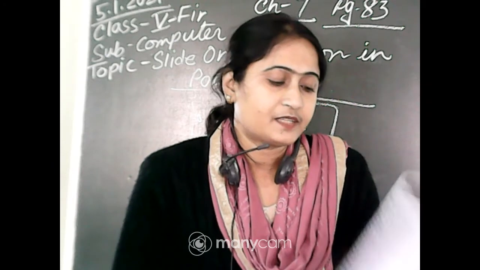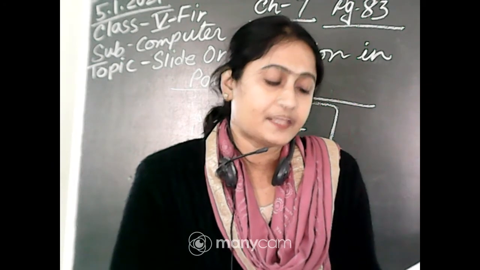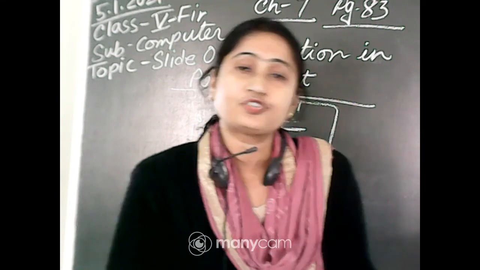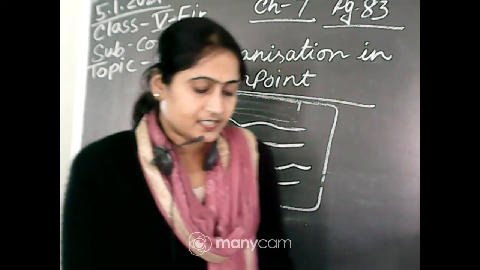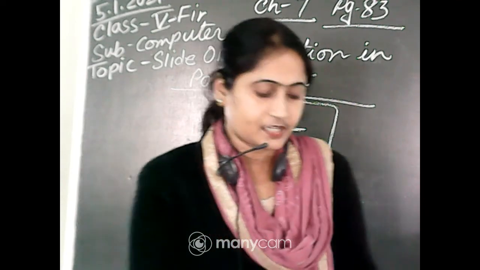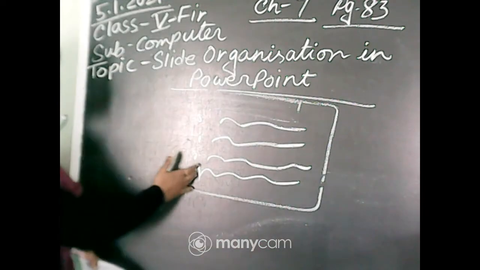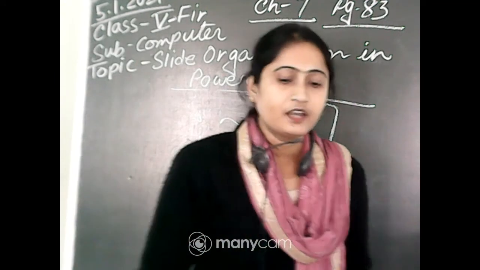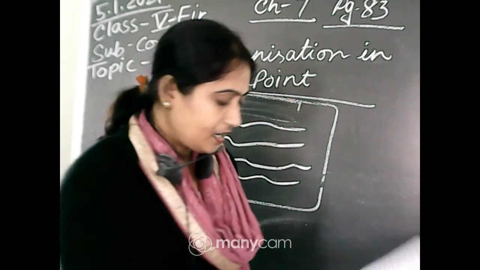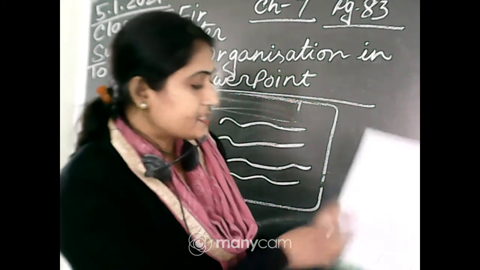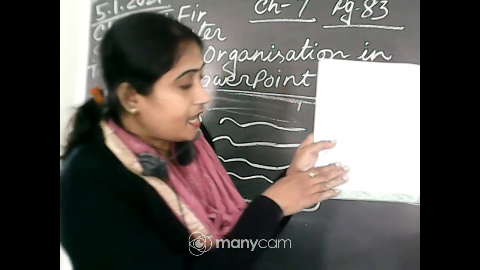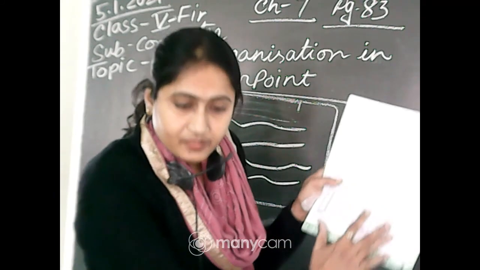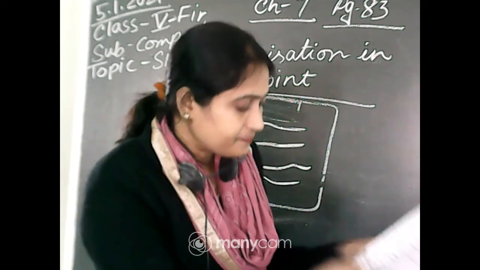Place the cursor after the last point on the same slide, click the Paste button on the Home tab. You can also use the shortcut key Control plus V. The selected object appears at the cursor position. Suppose my cursor position is here. You can see this topic over here. First its position was in this slide, and now it is in this position. You can see the changes. Do you have any doubt?